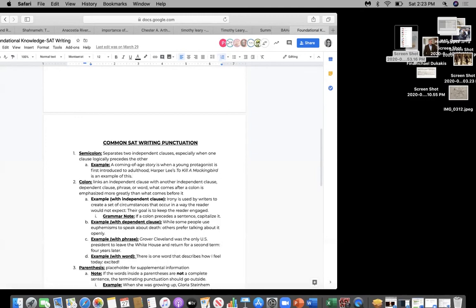So this sentence, it's moving forward, but we also have their goal is to keep the reader engaged. That part of the sentence is emphasized more greatly than what comes before it. So it makes much more sense to use a colon here rather than a semicolon, because we have irony is used by writers